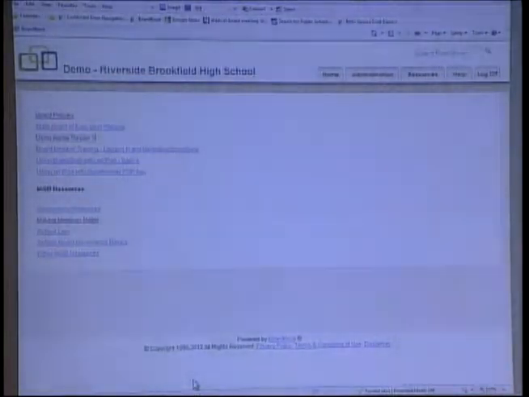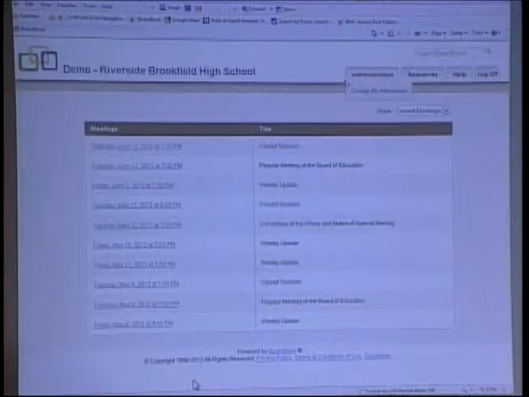You will also have just a basic handout of logging in and navigating Board Book. We're looking at this live tonight. And then a couple of handouts for iPad users, which we'll look at in just a moment. I'm going to go back to the Home tab, and we're going to look at the board packet for tonight. So to access your meeting materials, you simply click the meeting date.